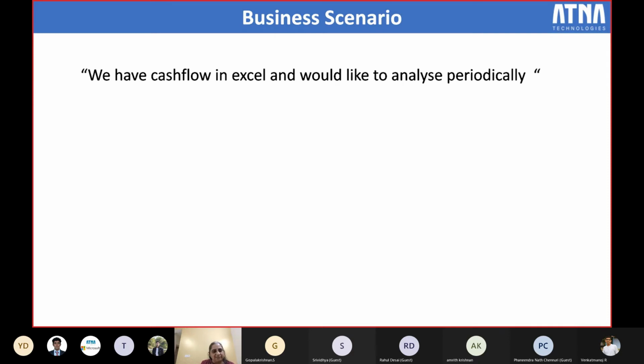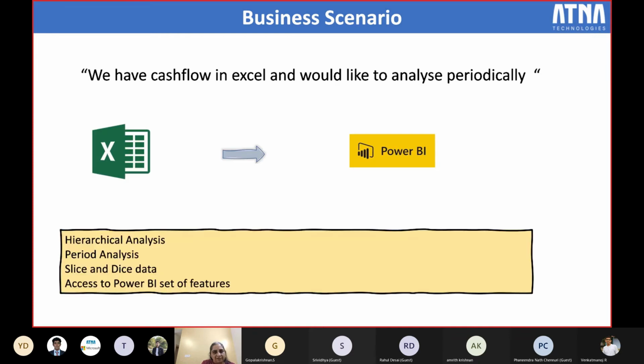And we would like to analyze it. So what we could do is take this cash flow into Power BI and do all kinds of historical analysis. In the sense, I could compare it period over period, month over month or quarter over quarter, and you can find out which are the heads where the cash is coming in